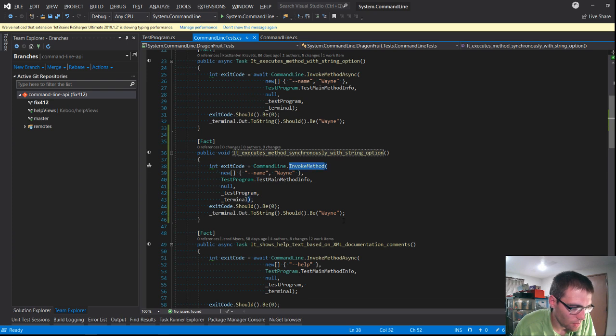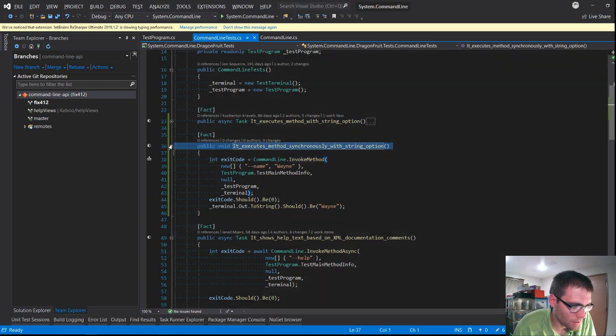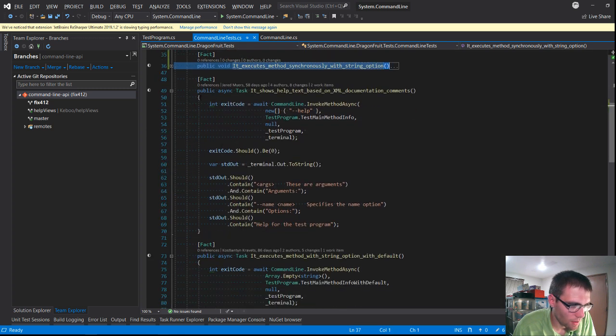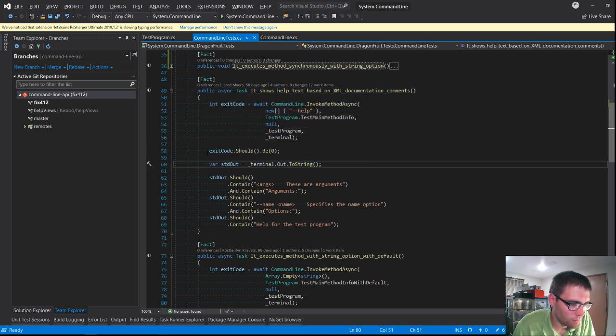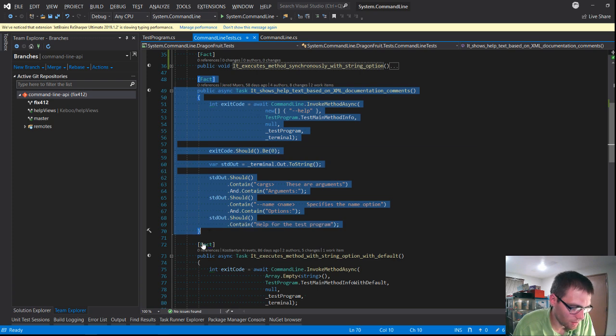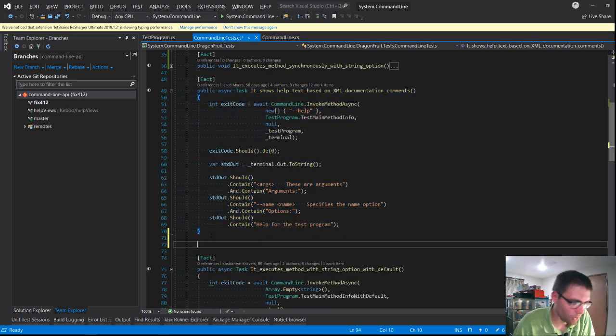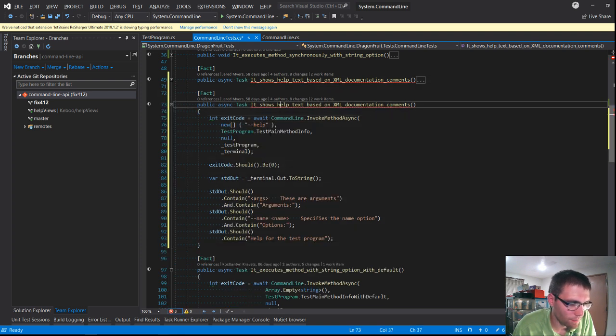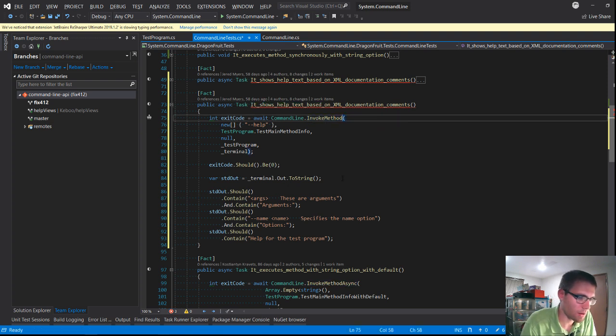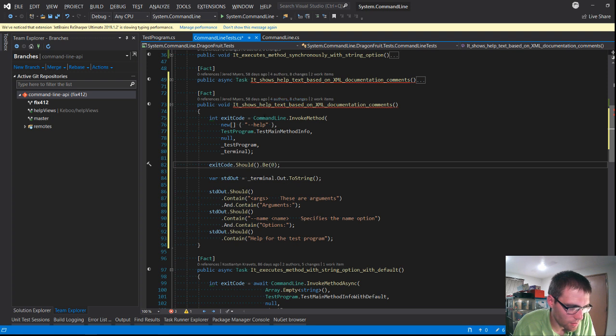So, let's see. So, collapse. Let's see. It shows help based on XML docs. See, all of these are, I think, fair game, because ultimately what these are testing is the builder configuration. So this becomes not async, and this becomes a void, and